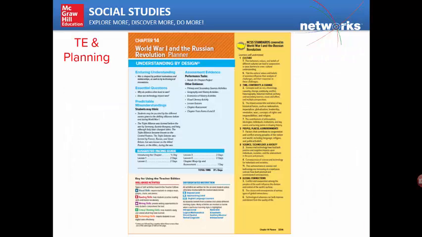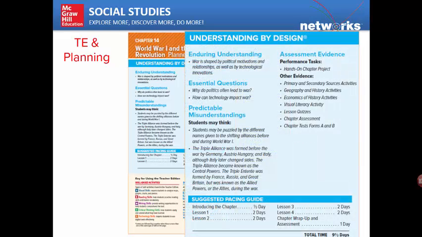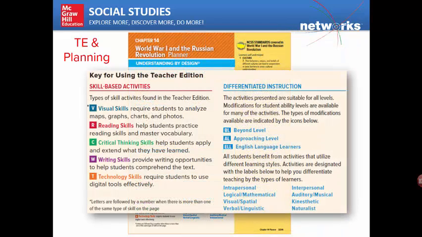So let's look at the teacher edition and planning resources for EL. I'd like to point out a couple of key pages. So this is a chapter planner, and I would like to point out Understanding by Design. And he's worked diligently to provide the backward mapping lesson plan in every unit, chapter, and lesson. When asked what teachers wanted in the side margin of the teacher edition, they said they want skills. They want to help students to understand what they're reading, and those skills need to be reading, writing, critical thinking,